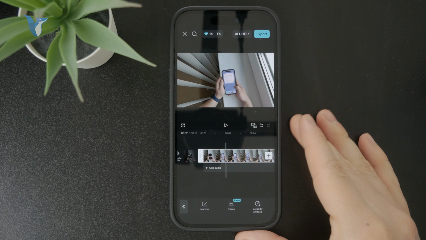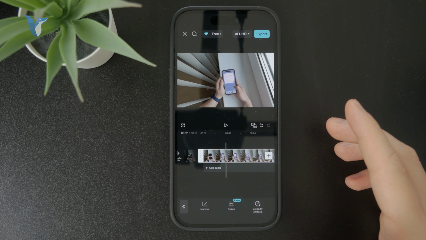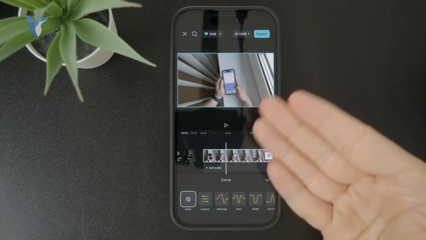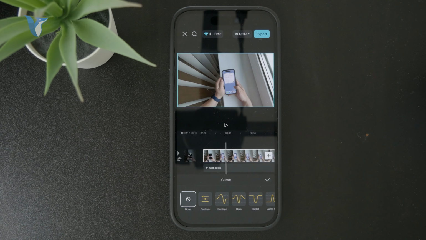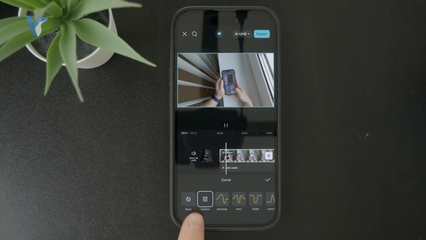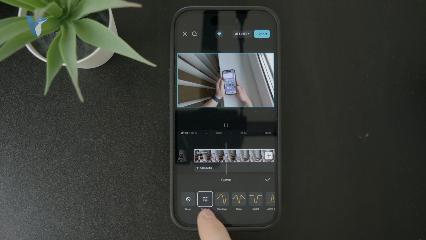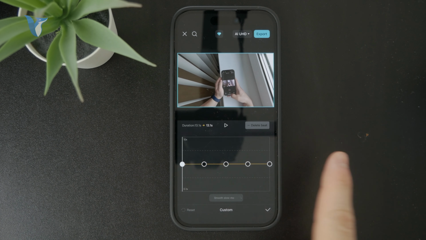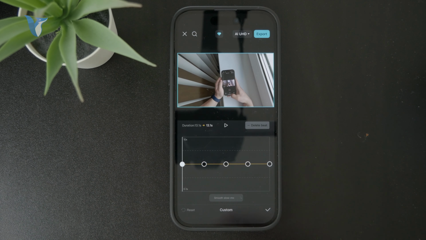But there is also the other thing, which is curve, and that is a lot more important and a lot more useful, if you ask me. So you have a couple of different patterns already to pick from, but I almost always just go with the custom one. Tap on it and then tap on it again to get to this mode. And right now you have the whole clip stretched across this yellow line,